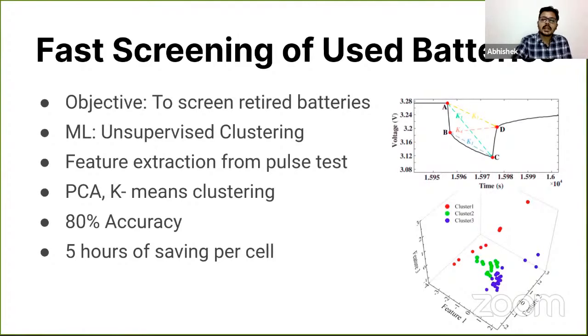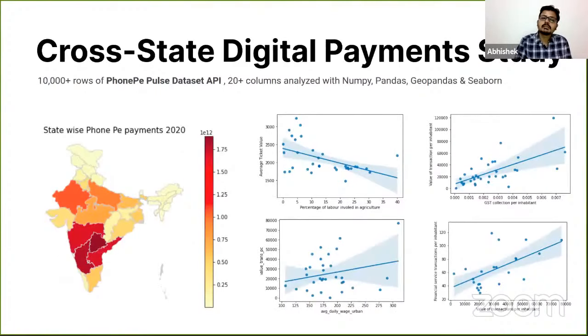My next project is about EDA. In this project, I did a cross-state digital payment study based on the data which I got from the PhonePe Pulse dataset API. I had more than 10,000 rows of PhonePe Pulse data, which I flattened out from nested dictionaries. Then I aggregated the data at the level of the state,